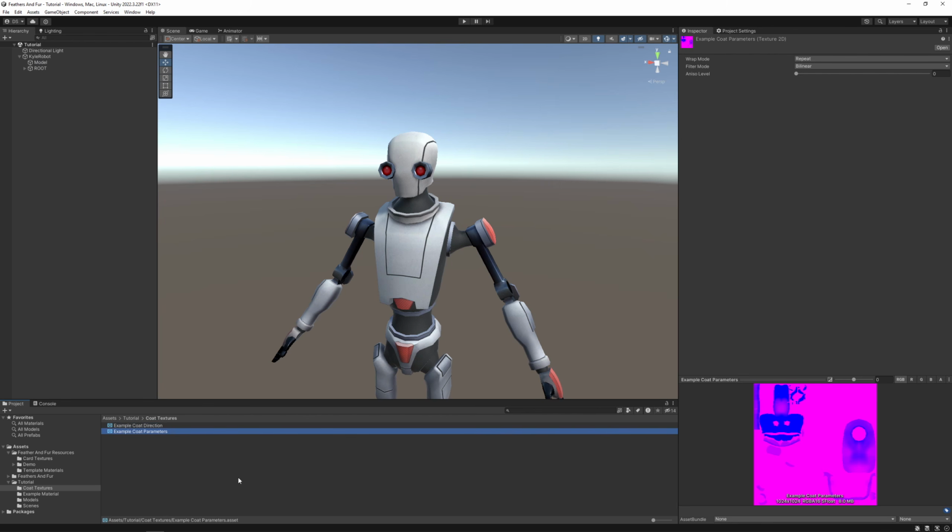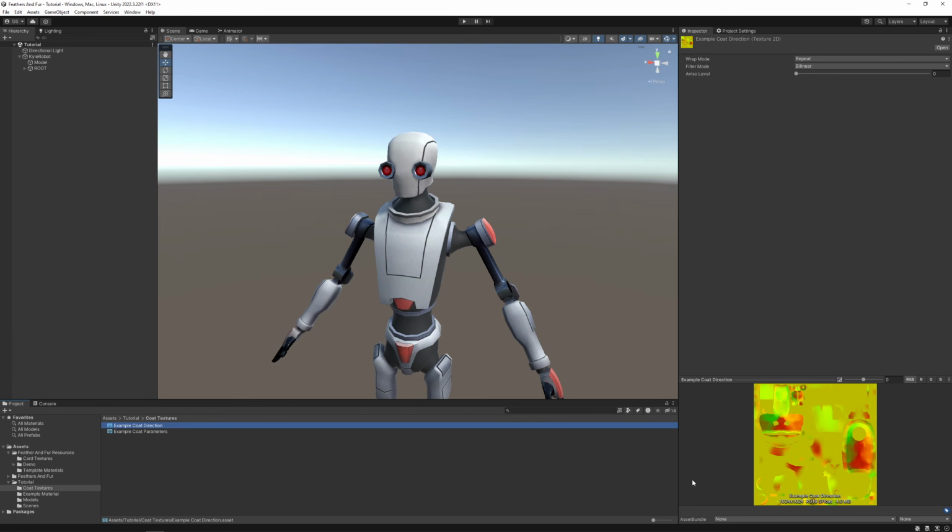You should just have 2 of these textures: a coat parameters texture, which is going to tell the material which areas should have fur cards, how big those cards should be, and which textures from the texture atlas those cards should be using, as well as a coat direction texture, which is essentially similar to a normal map, except instead of the direction of the surface, it's going to tell the material which direction those fur cards should be